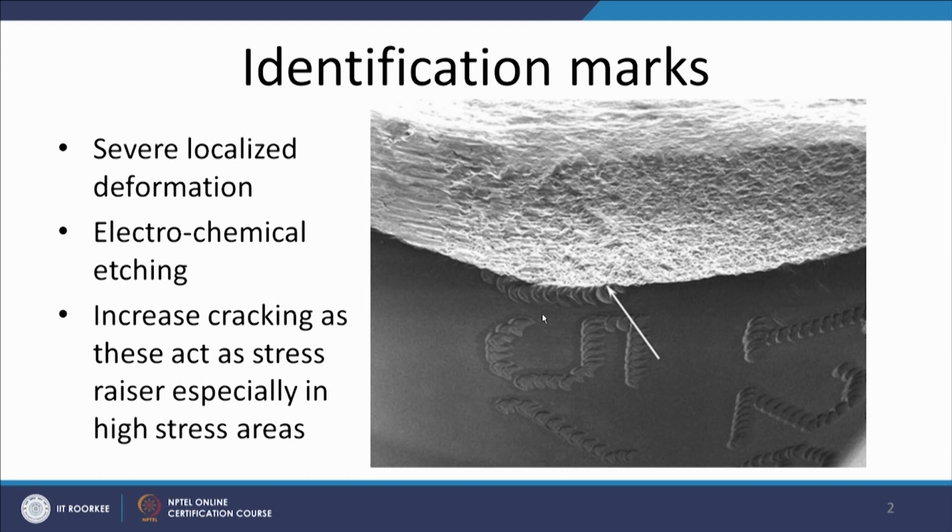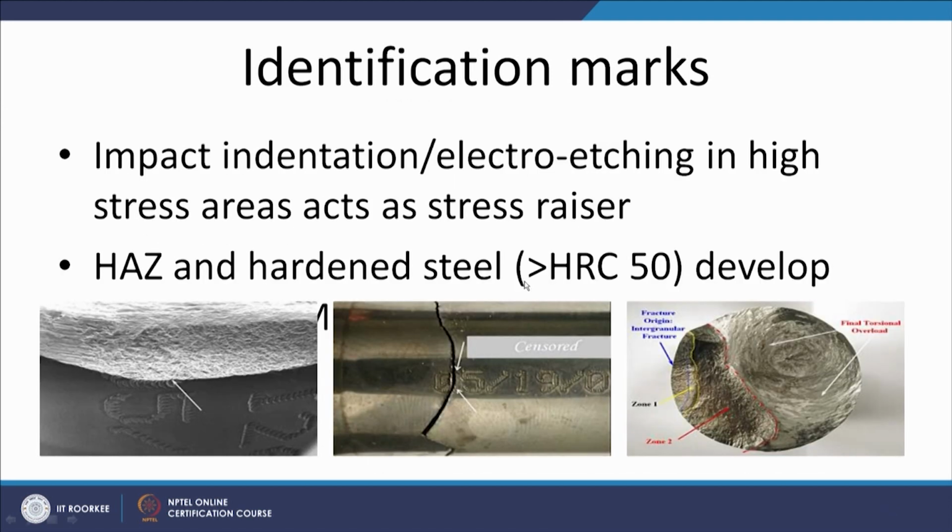This is what we can see, how the cracks at these locations create the fracture surface. These will provide an easy site for the nucleation and growth of cracks. So, this is the location where such a crack has grown in the first stage, and thereafter a second stage, followed by the third stage for catastrophic fracture for the indentation marks. So, as I have said, indentation marks, especially in high stress areas, are harmful,